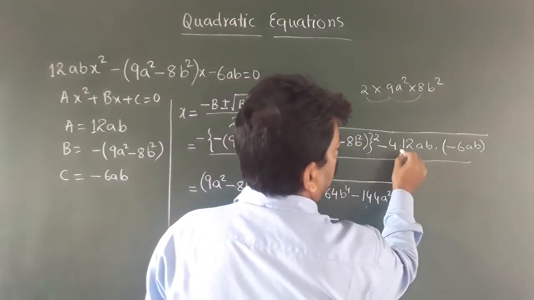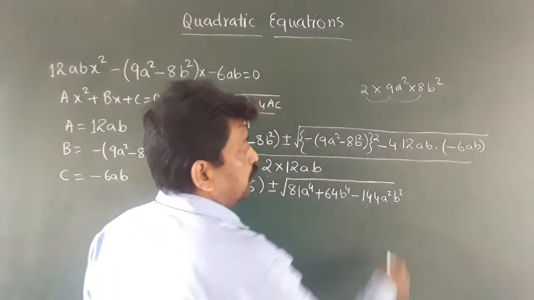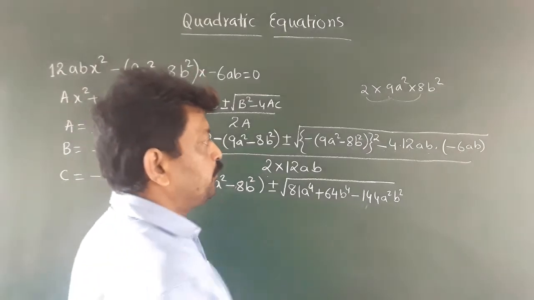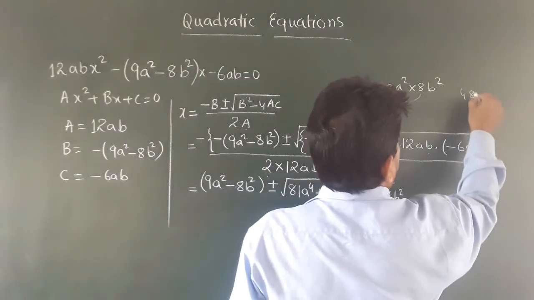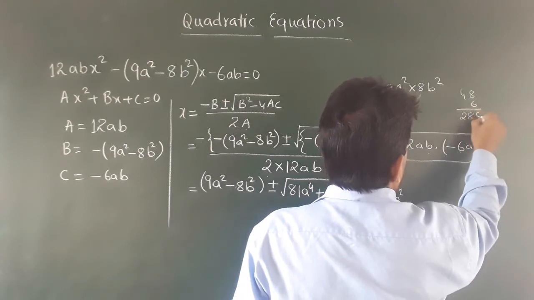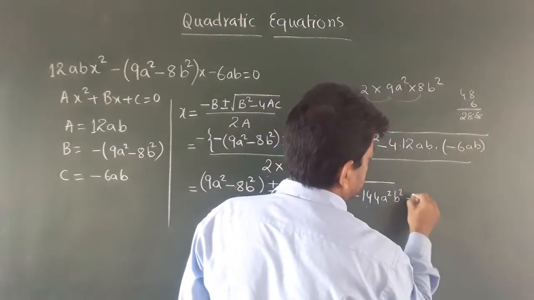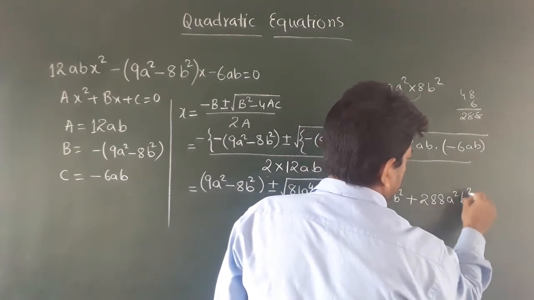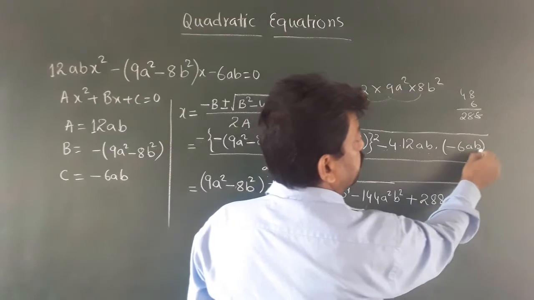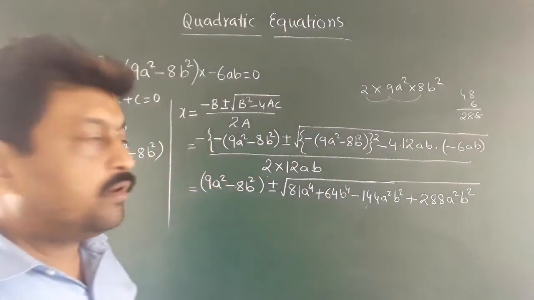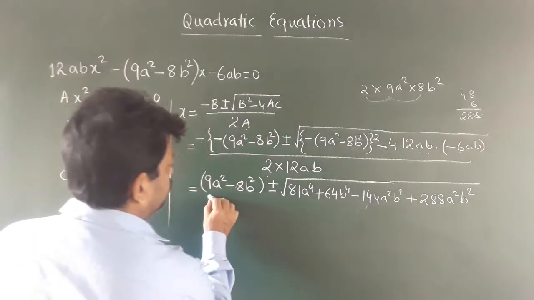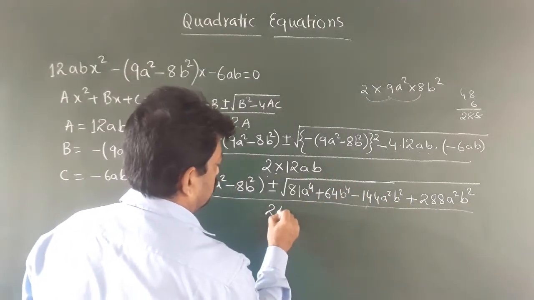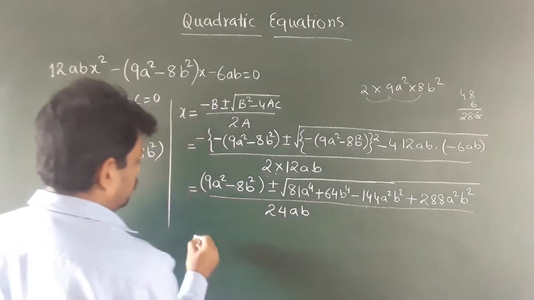This minus 4 12 is 48, minus 48ab multiplied with minus 6ab. So 48 multiplied with 6 is 288. So these minus and minus will become plus, and here it will be 288 a square b square. ab multiplied with ab is a square b square. Understood? Upon 24ab equals to